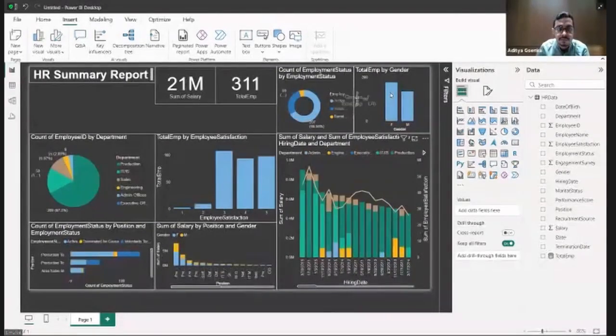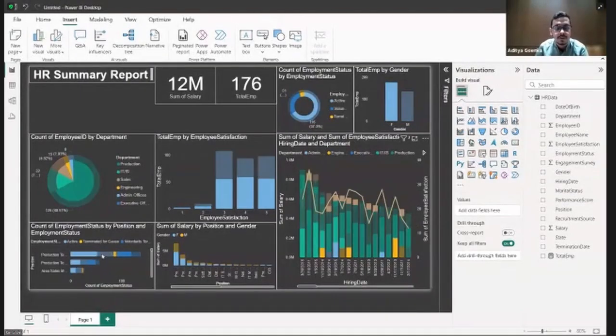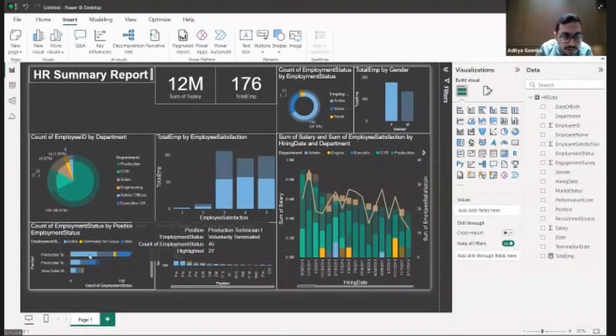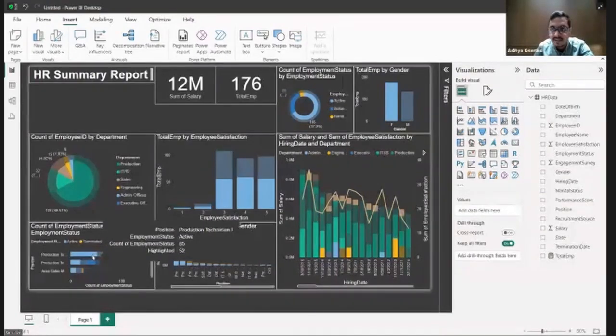When I did not have female selected, you see only 3 colors over here. Once I choose female, you can see that only this highlighted portion, as you can see over here, everyone can see 52 highlighted. So 52 is the number of staff who are female over here.